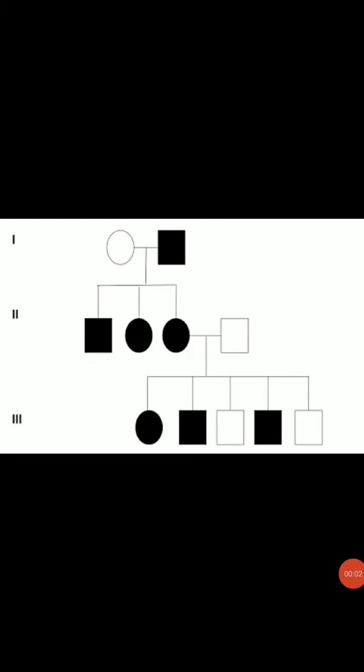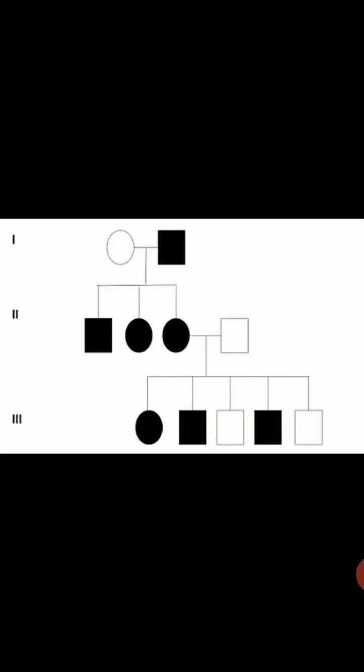Dear children, here I am going to discuss some pedigree charts. Here we have to study autosomal dominant, autosomal recessive and sex-linked recessive, which are in your syllabus. If we talk about autosomal dominant, there are certain clues by which we can find out whether a particular pedigree chart is autosomal dominant or autosomal recessive or sex-linked recessive.